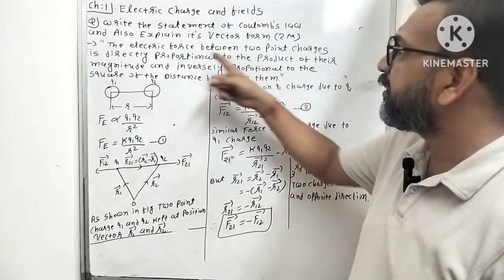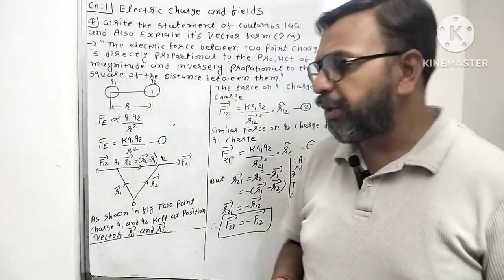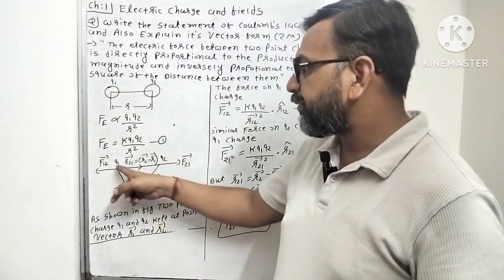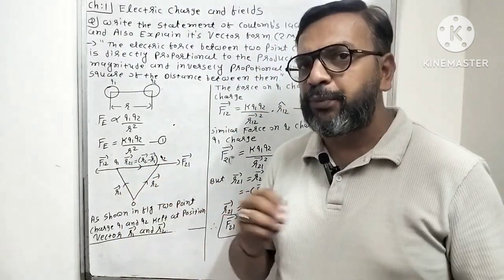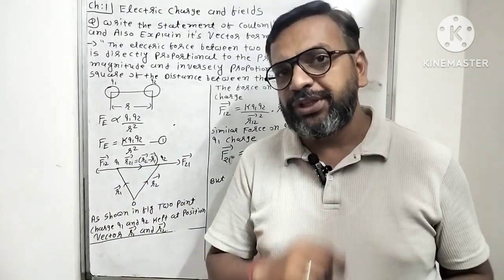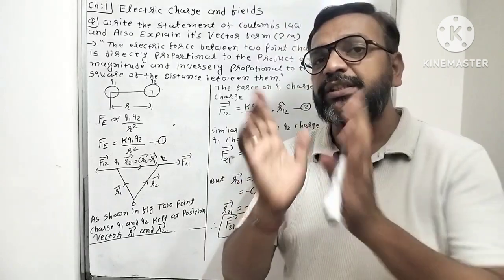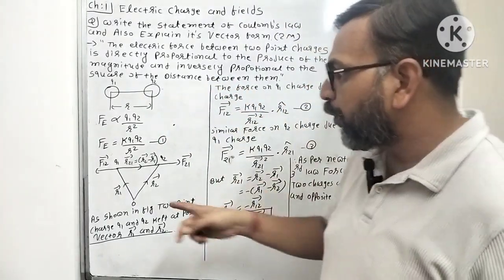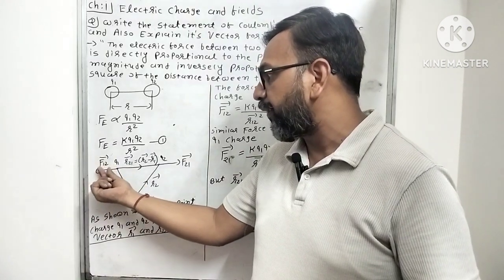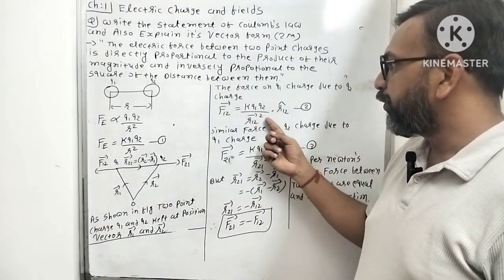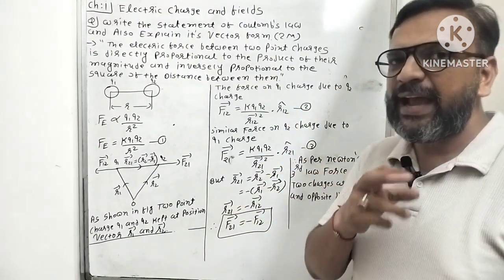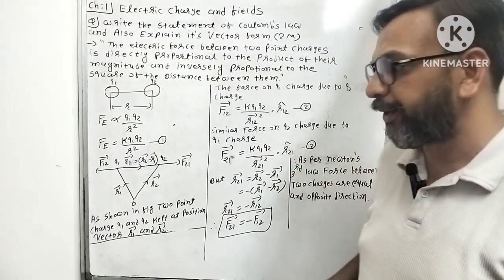So the next question is its vector form. First of all, we draw the figure from the origin. Two point charges q1 and q2 are kept at the position vectors r1 and r2. Here both charges are positive, that's why the force acting on them is repulsive. So the force on the first charge due to the second charge can be written as F12 = k q1 q2 upon r12 square into r12 caret. It shows the direction and it is known as the unit vector.